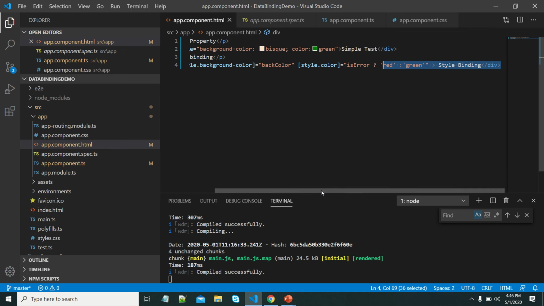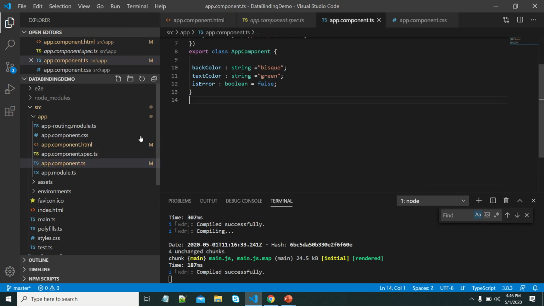But here the problem is if you want to add multiple styles, then we have to add multiple times. One more thing here, if you want to use a method also, that is possible. You can use the method here also. Suppose let me add one method here.